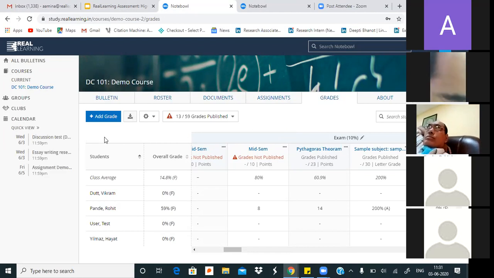They can add offline grades from here. Suppose you have taken a practical or a viva that is offline. You want to add the grades of that practical from here. You can just simply upload a file, and you will be able to see the students' performance of that offline test here as well.